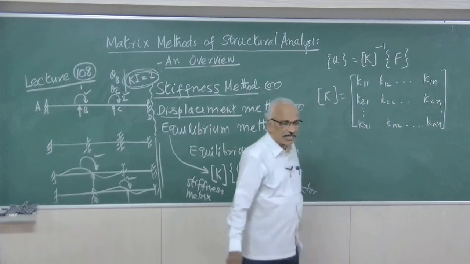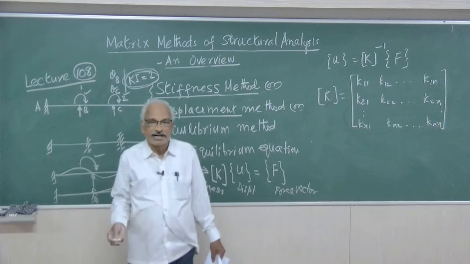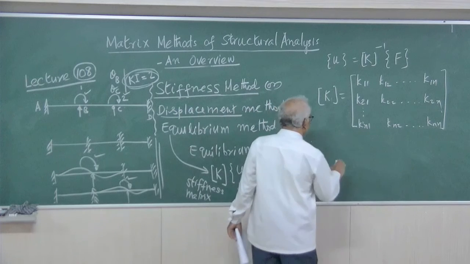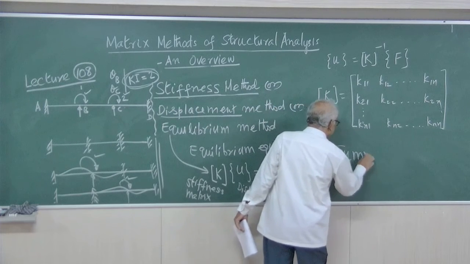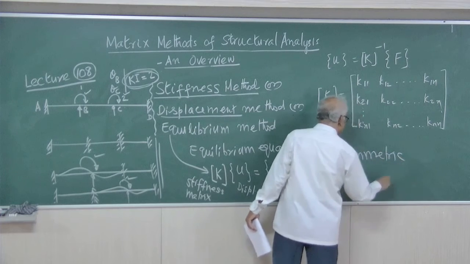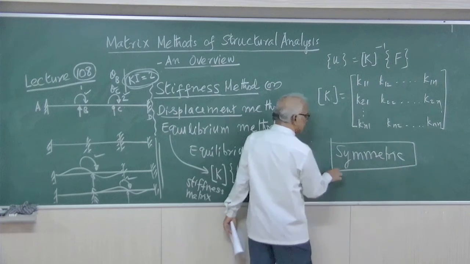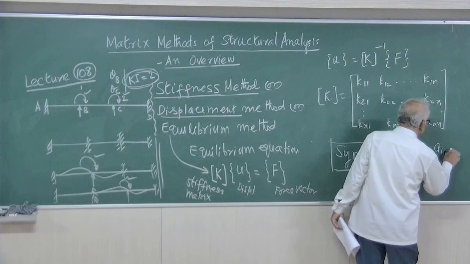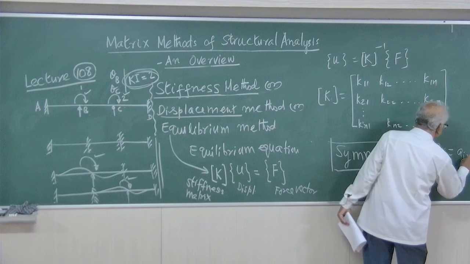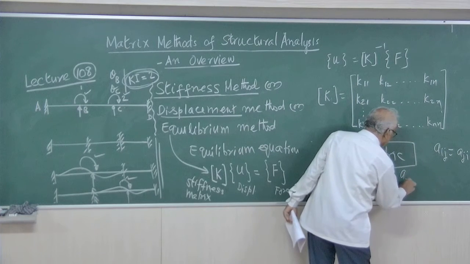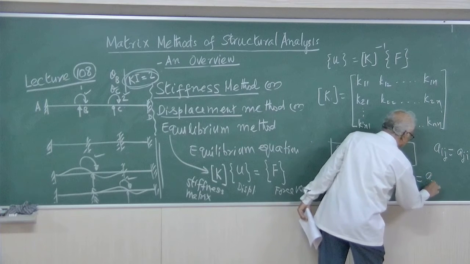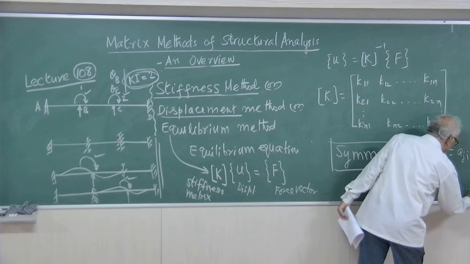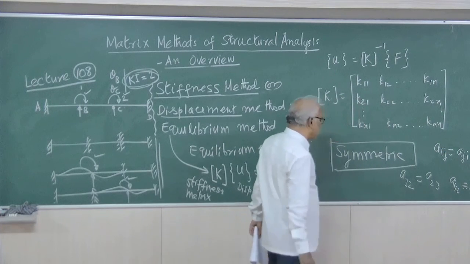One more point before forgetting. Already we have discussed the flexibility matrix. Now we are discussing the stiffness matrix. Both matrices are symmetric. This is a very important point. Earlier we discussed Aij equal to Aji. In the matrix, if you know A32, that will be equal to A23. If it is A42, it will be A24. That will be symmetric. The values will be the same.